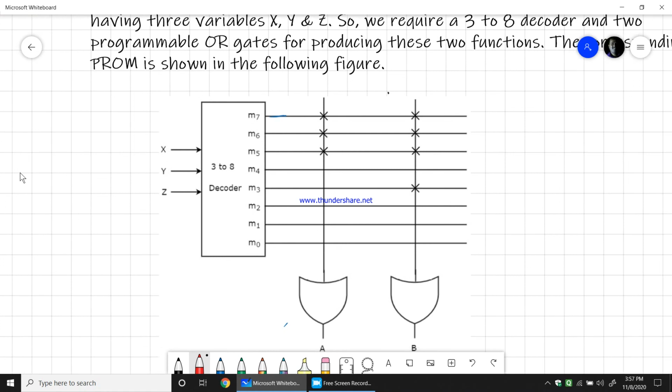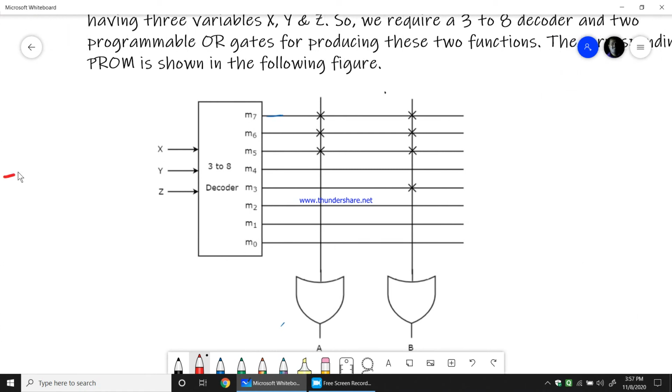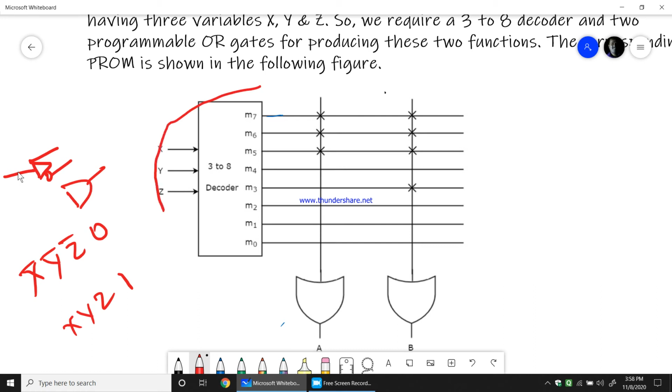Here I should tell you one more thing. Instead of the inverters and AND gates we used to design a fixed AND array for giving X bar, Y bar, Z bar, which is 0 to 7, we can use a 3 to 8 decoder. This 3 to 8 decoder will take 3 input values XYZ and give you 0 to 7 outputs.